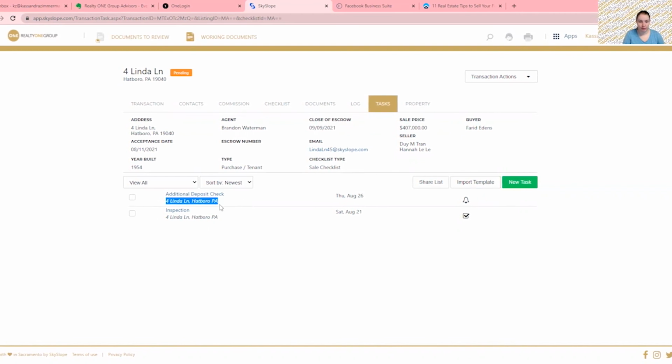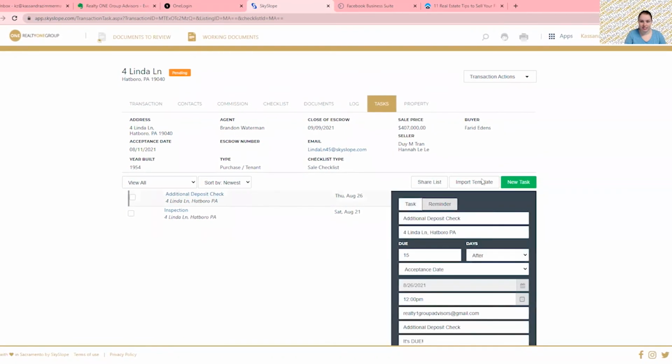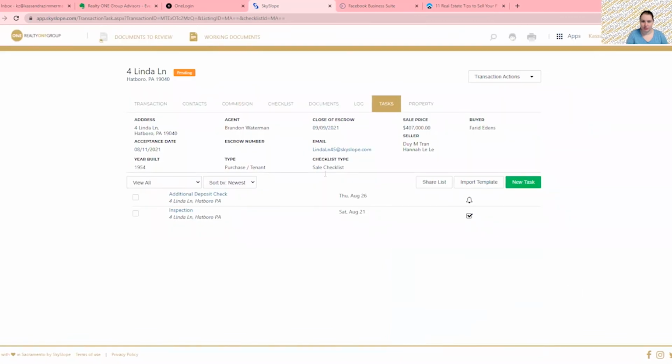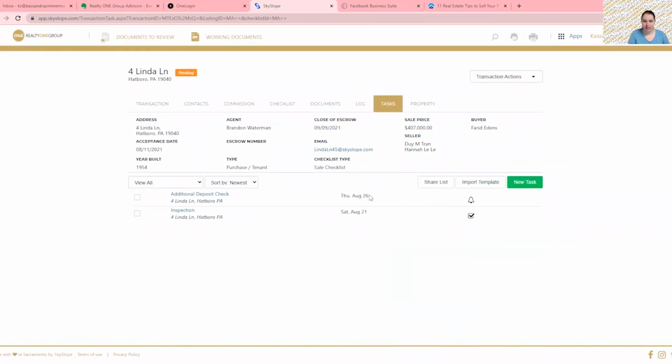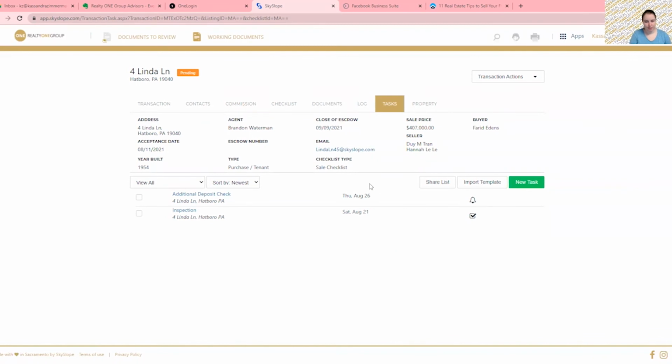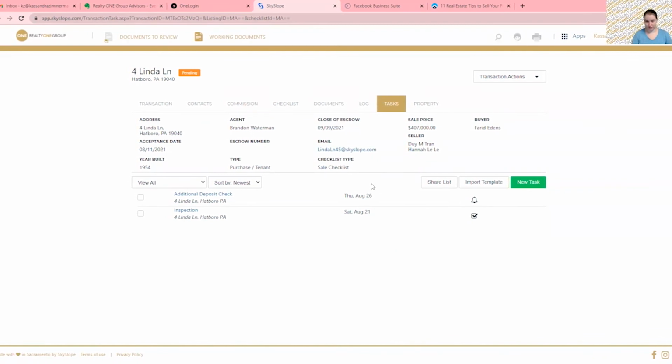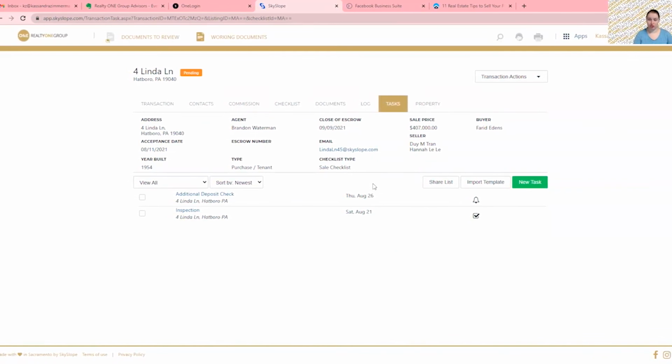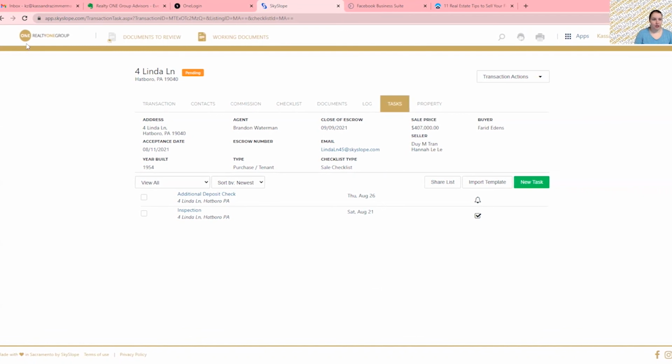It shows the property as additional info for the task. And then cancel, so that goes away. Then you'll also see the due date is automatically set up based on the relative to number of days that you entered earlier. And now if I go back